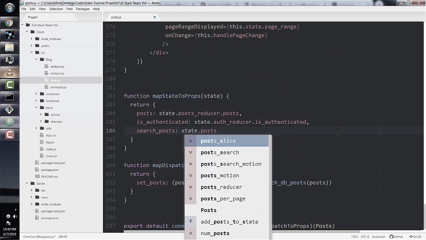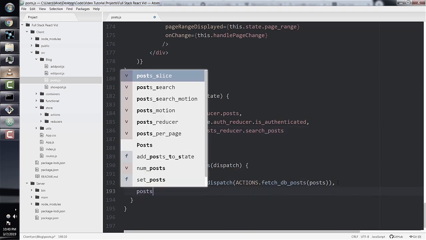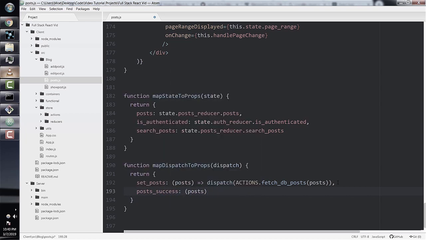And then we want our post success, the action that actually saves the post to our Redux store. So it'll just be post success, then pass in post as a parameter, and then we just do fetch search posts. And now for our handle search function, and this will be the main function that will allow us to use search